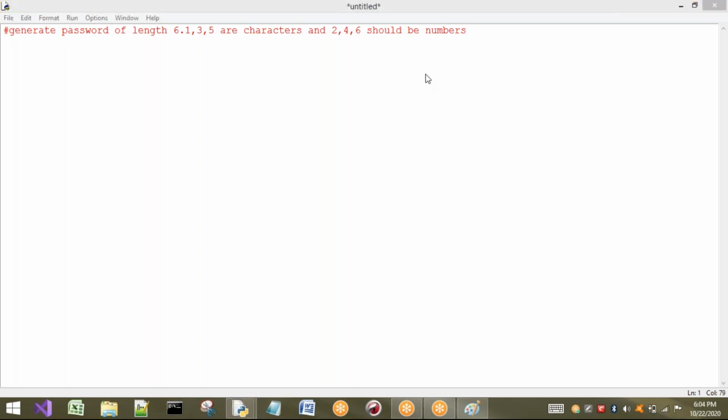Now observe carefully, it will not take so many lines. I am going to write this program within one line only. So what do I have to use here? I have to generate random integers. Numbers are nothing but integers, so the 2nd, 4th and 6th. Next, 3 characters have to be generated. We already know there is no concept of characters in Python; internally, characters have Unicode.